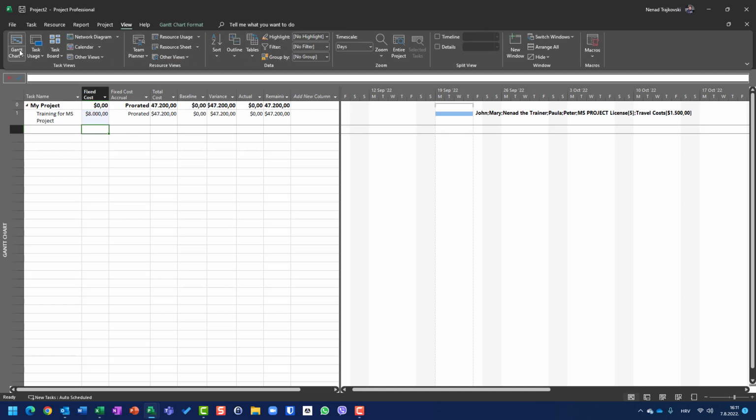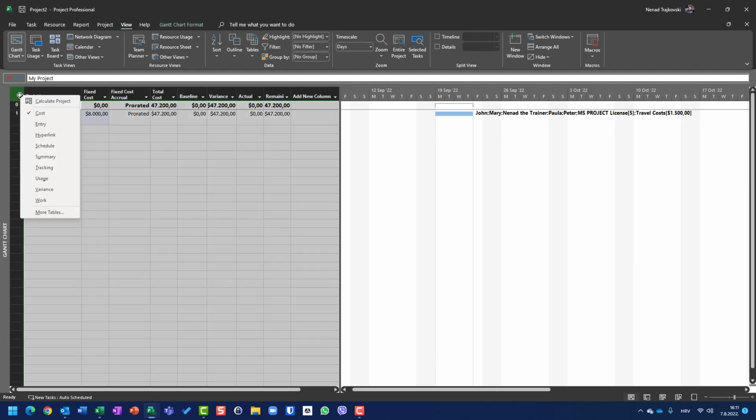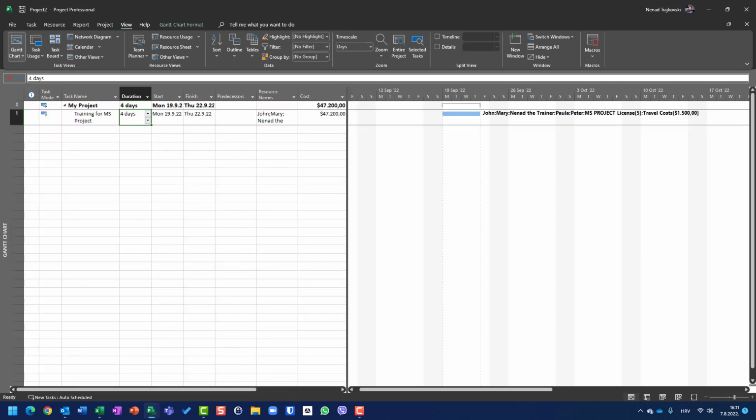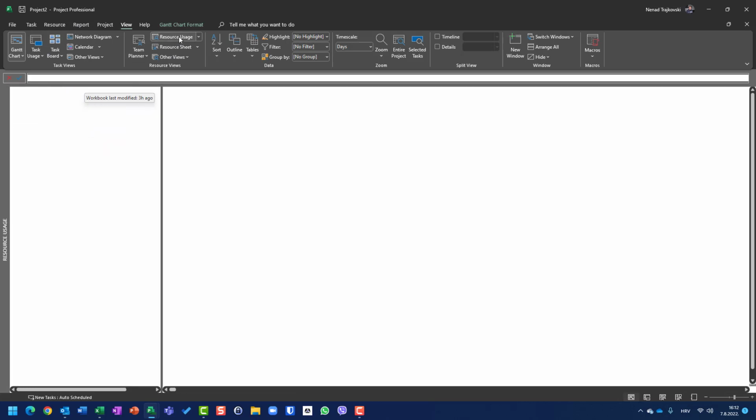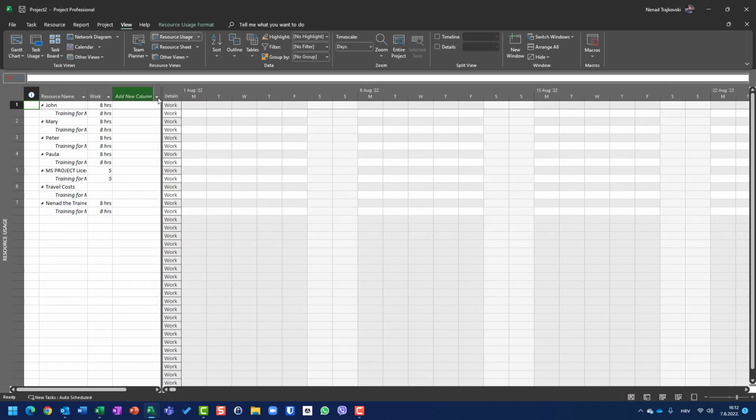So no matter if I go back to Gantt here to entry, I can say that this training will last 1 day, okay? When I go to costs, I will see that cost is calculated $20,800. How is it so? Well, if I now go to, let's say, resource usage, for example, okay, now let's go back here to view resource usage, and if I put here